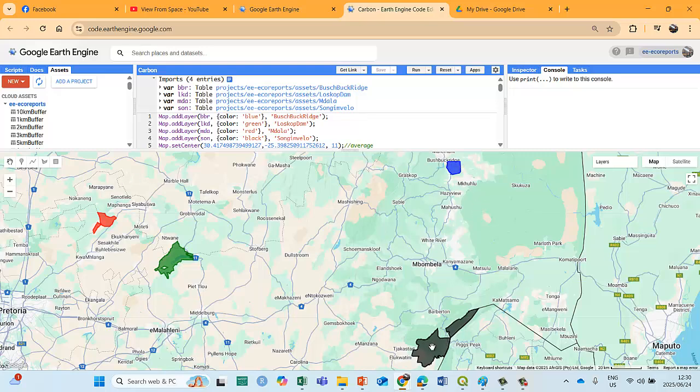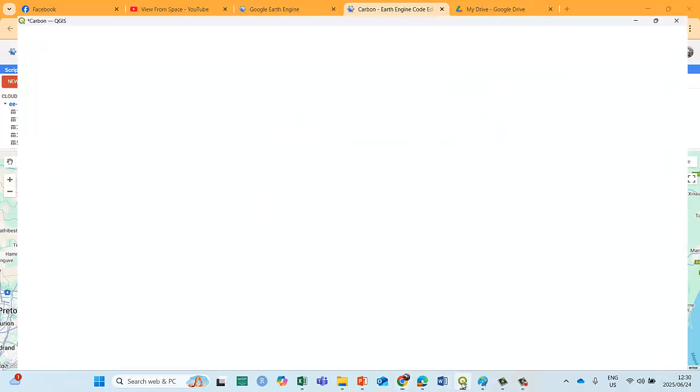Are there any meaningful differences or changes between 2020 and 2024? So we've done all of that work.